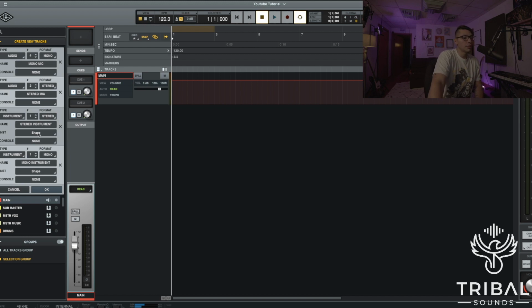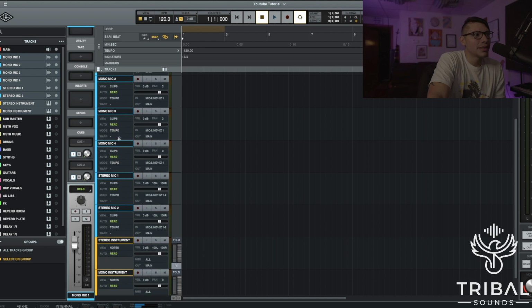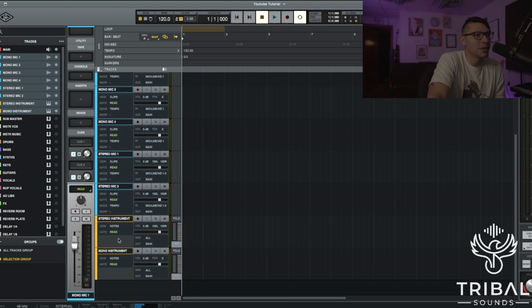That way you can pretty well shape it to whatever you feel like playing at that moment. So once we have created our 4 mono microphone channels, our 2 stereo mics, our 1 stereo instrument, and our 1 mono instrument, we're just going to hit OK. There we go. All right, so now we have our mono mics, our stereo mics, and our stereo instrument and